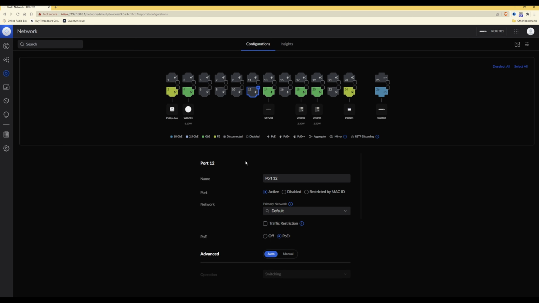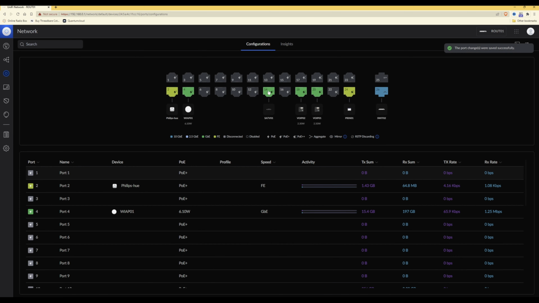This will again bring up the port options below it, and under network, as you'll see, the primary network is selected as default, so we need to move this into the Multi Media VLAN. So from the drop down list select Multi Media VLAN and click apply changes. Then the next one that needs to be moved